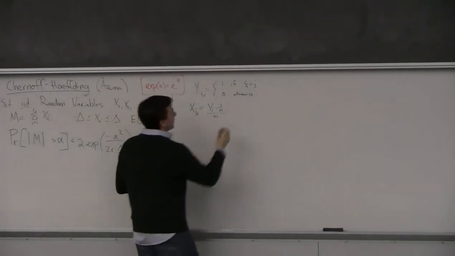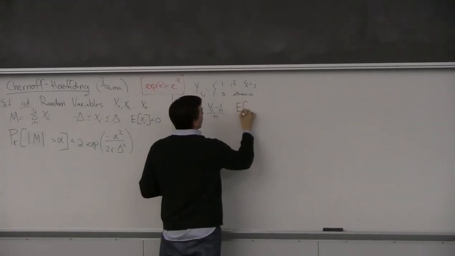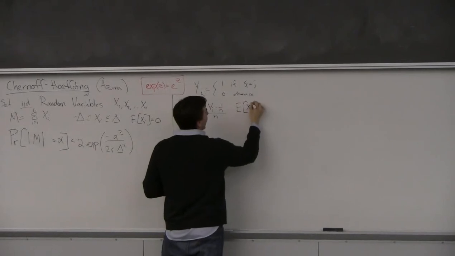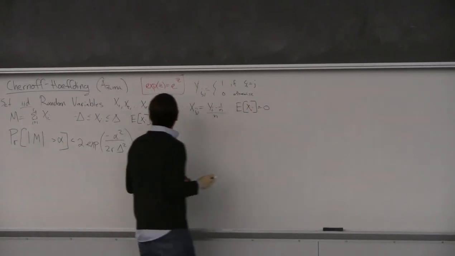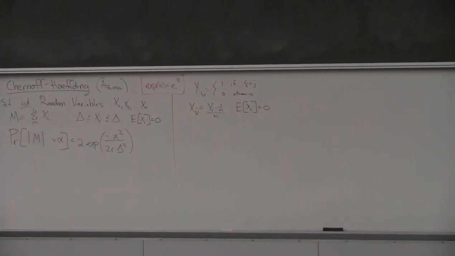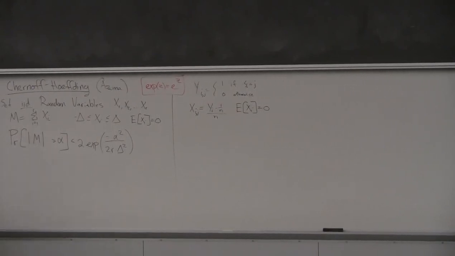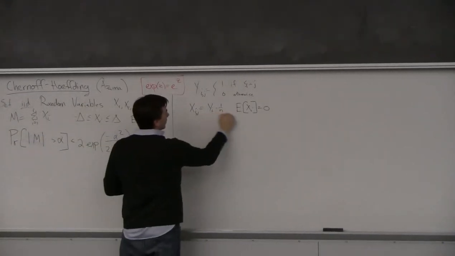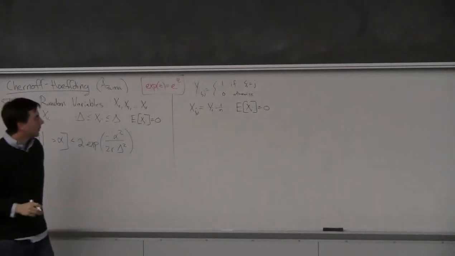Okay, so now if I did this right, the expected value of xi should be equal to 0. And let's skip this one over. Okay, so it's